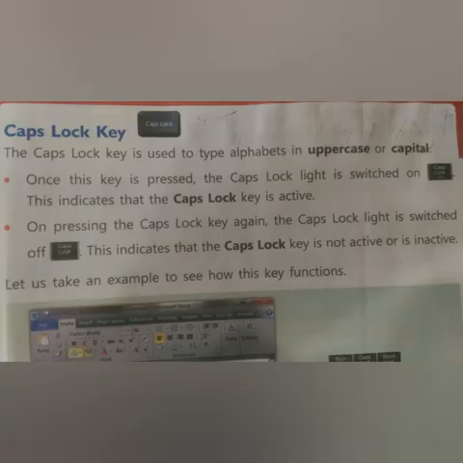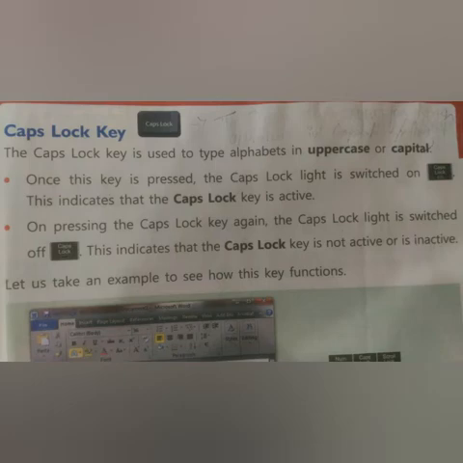If you press any alphabet at this time, it will show you capital letters. And again, if you press the caps lock key, then it will be inactive. When the caps lock is inactive, all the alphabets which you type will show in small letters. It means in lower case.